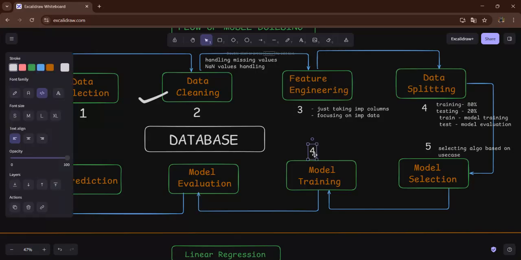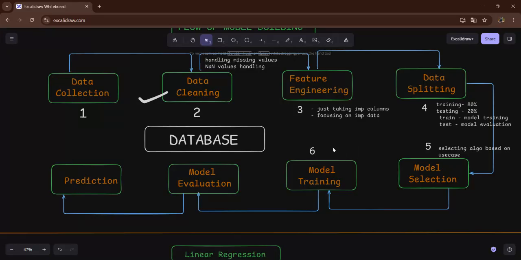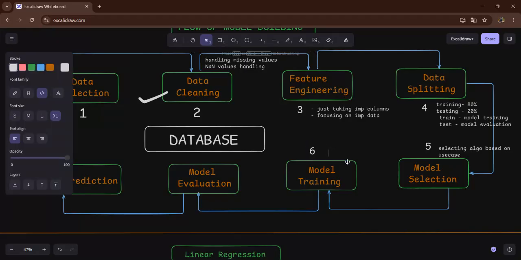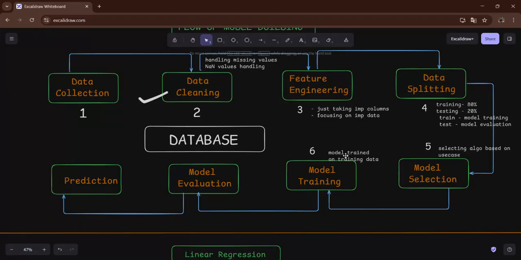Then after that, the sixth step is the model training. The split data is going to be used for training and testing. Okay, the training data, like 80% of the data from the database, is used for the model training purpose, which is the model is going to be trained on training data. Okay, after training the model,